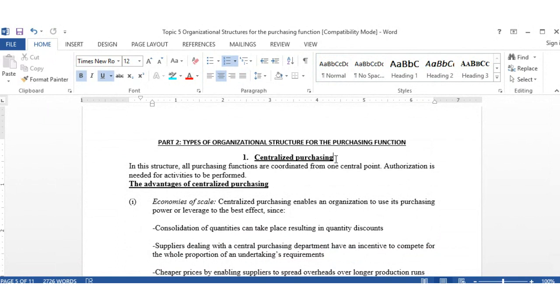When you're working in purchasing, you can have a company that has more than one branch. So you have a Nairobi branch. In Nairobi, you have Upper Hill branch, and then CBD branch, and then you have Eldoret branch, Kisumu branch, Kitale branch, and other branches. Kilifi, you have Mombasa, and if you have all those, the question is, let me pick